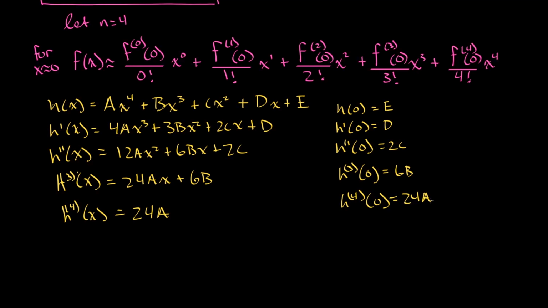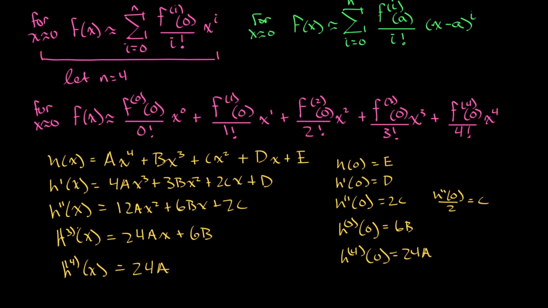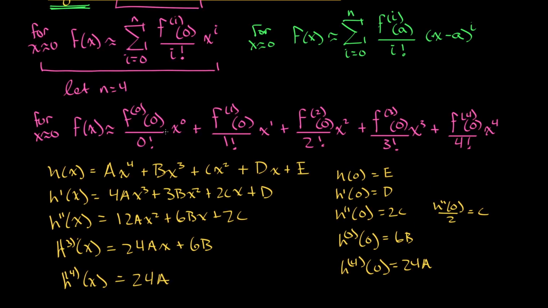And now what we want to do is just recover, remember, we just want a, b, c, d, and e. We already have d and e. And in order to get c, we're going to divide both sides by 2. So we have our second derivative evaluated at 0 over 2 is equal to c. And now, maybe this is starting to ring a bell, because this is exactly what we did to find the quadratic approximation. And that is, I just want to show you that, in this Maclaurin approximation, these first two terms